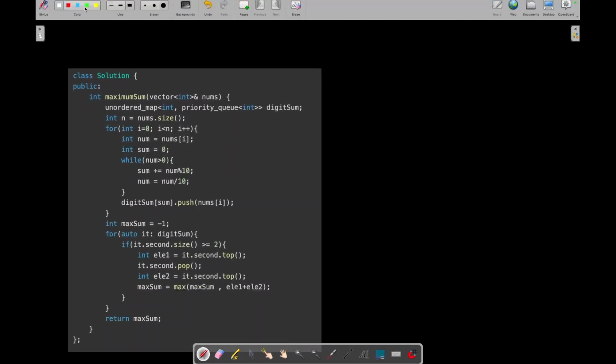So here we have created an unordered map of integer comma priority queue, and then we have started iterating in the nums for calculating the sum of digits, right? So in this way, by dividing it by 10, we can calculate the digit sum. Let's say 63 when we divide it by 10. So the modulo will give us 3, plus then nums will become 6, and then 6 modulo 10 will give us 6. So finally we will get 9 as digit sum, and we will simply store that digit sum in our priority